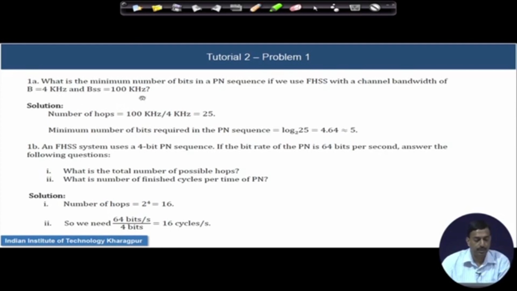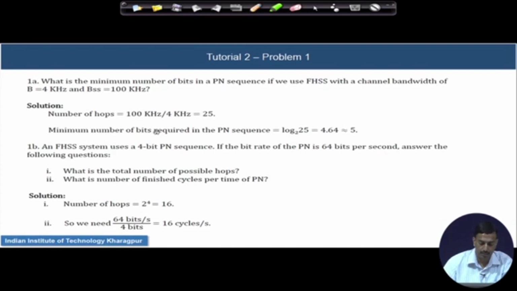As we know, the number of hops required in order to spread out this 4K signal over 100K is nothing but the ratio of the spread spectrum bandwidth to the channel bandwidth. So the total number of hops is equal to 25, and in order to realize 25 hops,